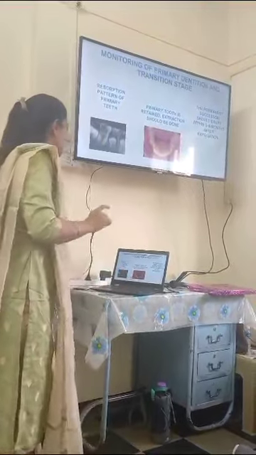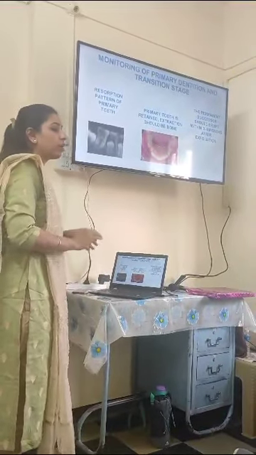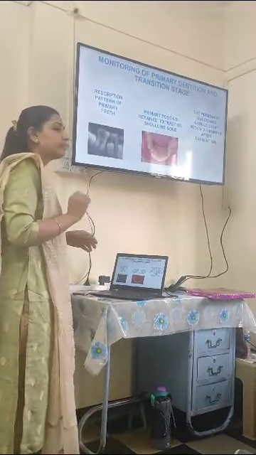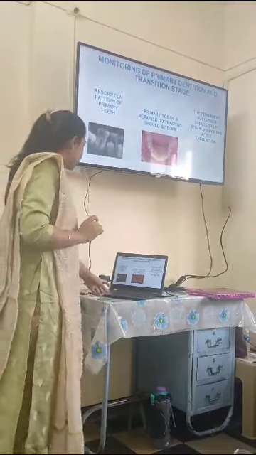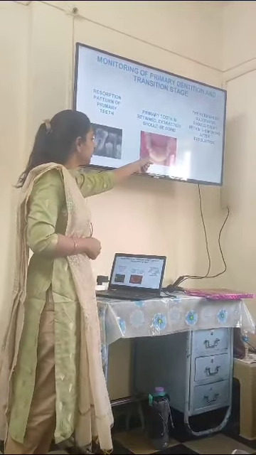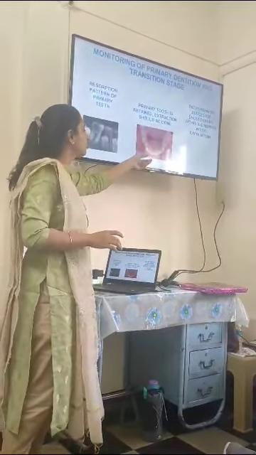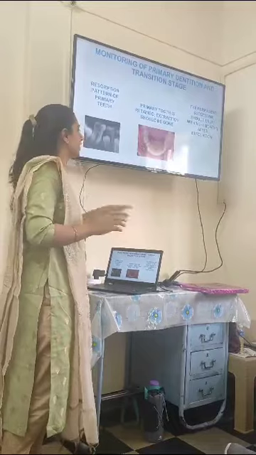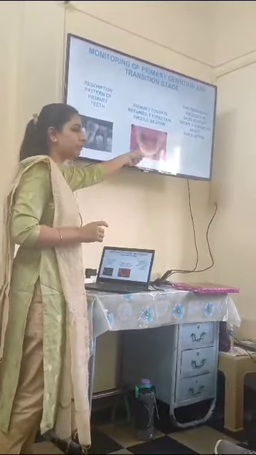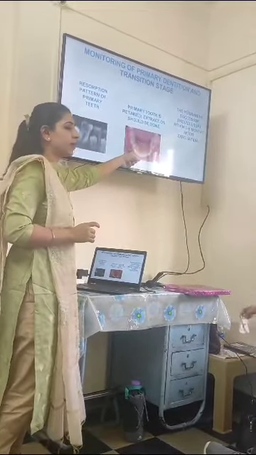And the third one is, if the primary tooth has been retained for a longer period of time, it needs to be extracted. Because if not, like in this case, the deciduous canine is still present. If you don't extract it, there will be crowding because the permanent teeth will definitely erupt. If you had extracted in proper time, then the permanent teeth would have come in.